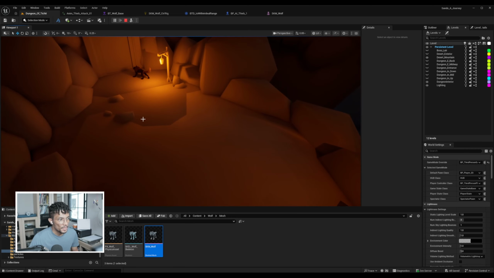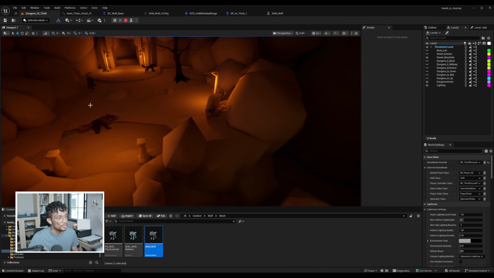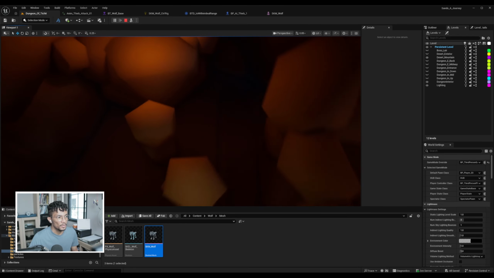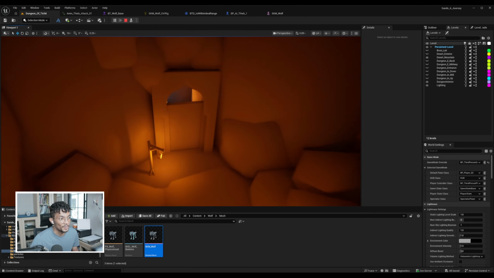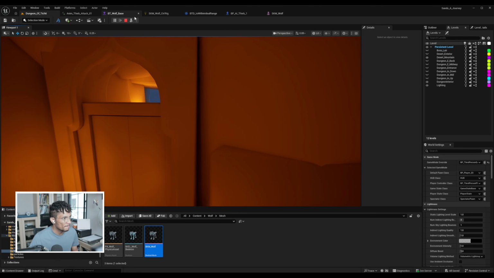So this area will have 2 of the serpents, and this one. This area is wolf only, so these 3 wolves. This area will have none. It's supposed to look safe until you get into the other side of the area. Of course, right now the level is not loaded. And if I play,